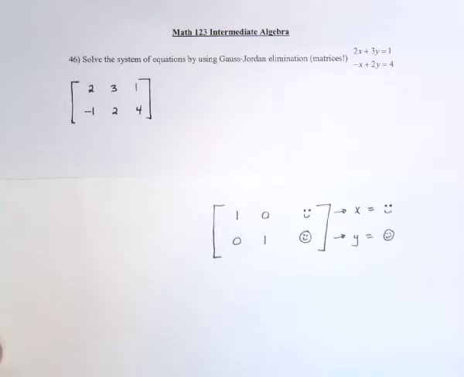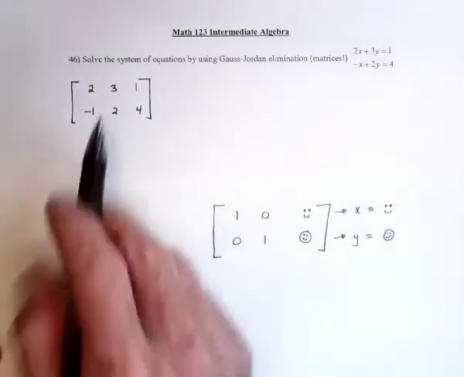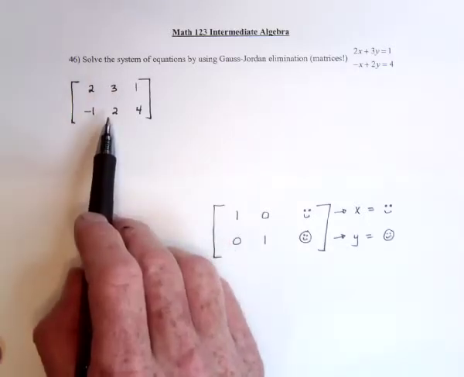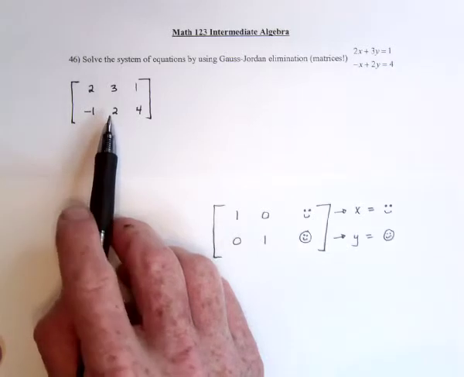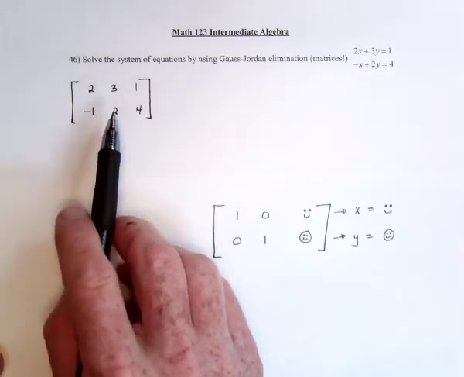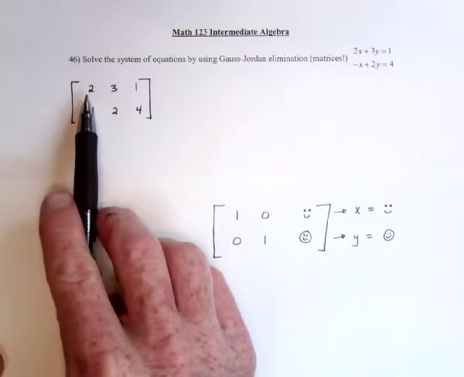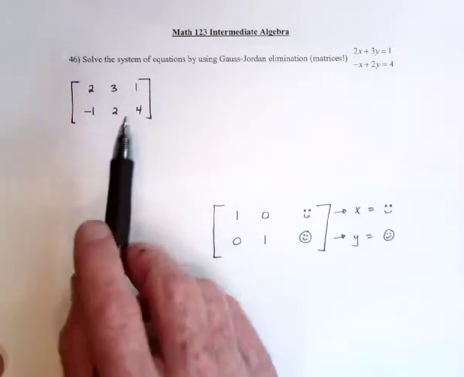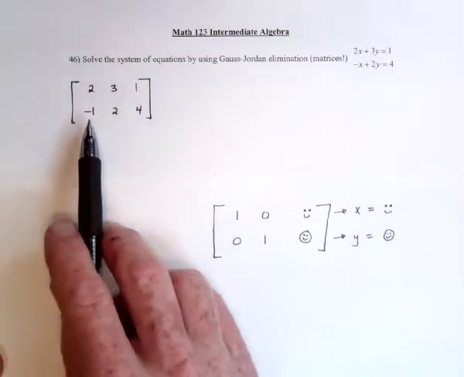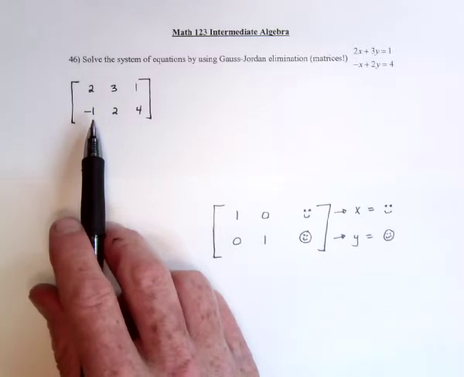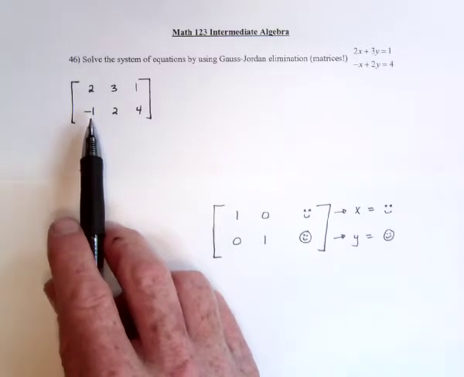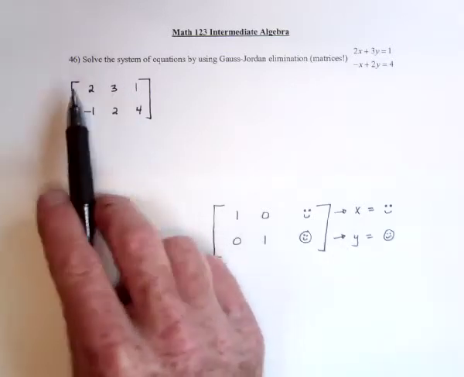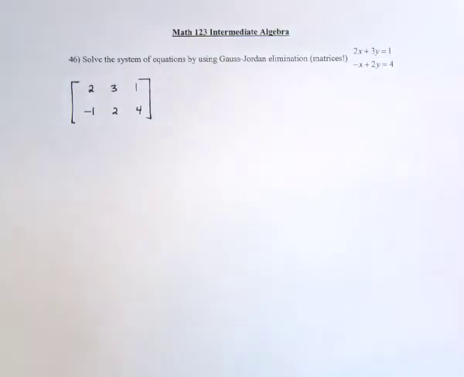There's only 3 rules, and that is you can multiply a row by a number and then add it to the other row. You can switch 2 rows. Well, actually, I combined the first 2 rules. The 3 rules are you're allowed to multiply any row by a constant. The second rule is you can add one row to another. We usually just combine those 2, but they're technically 2 separate rules. And if you want to, you could switch rows. In other words, you could take this row, make it the top row if you want. Okay, so then